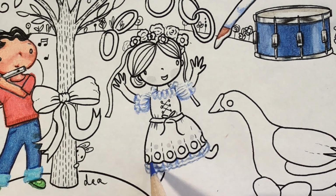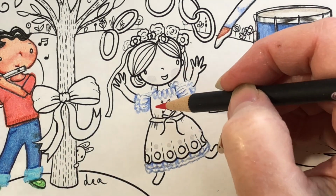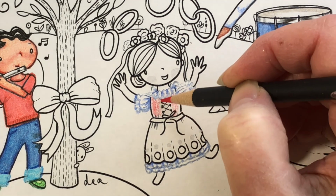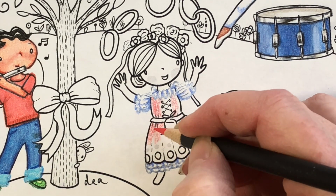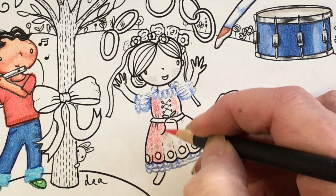Nothing fancy, just some indications of ruffles and shadows, and the color, that color number 94 is perfect for this. Now, the covering part, the bib and the skirt, I went over so many times in so many different reds